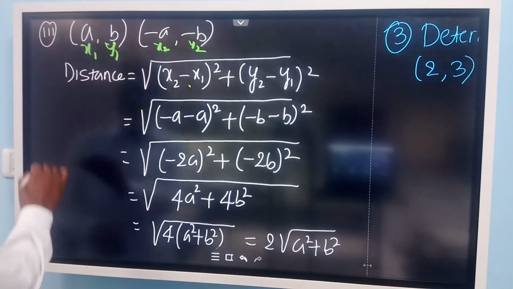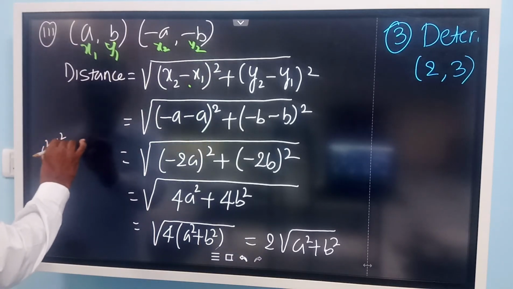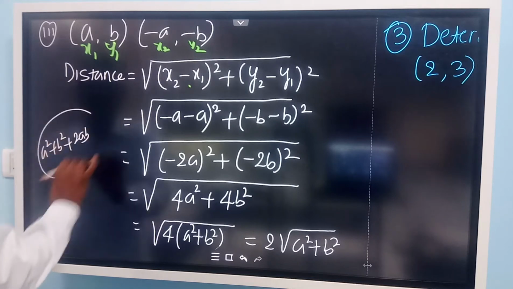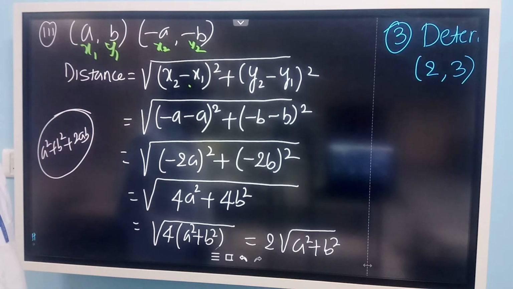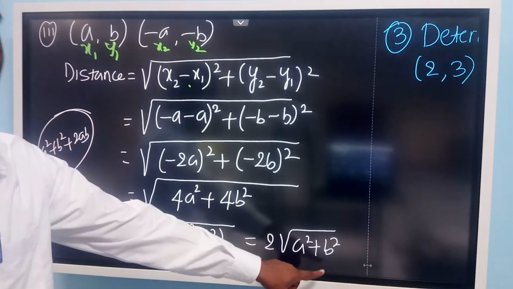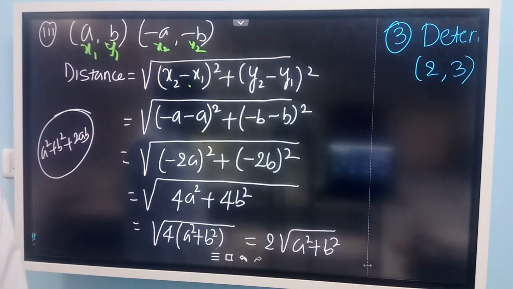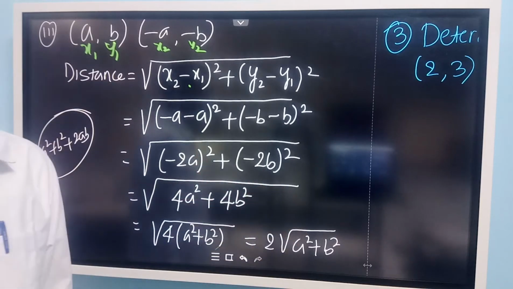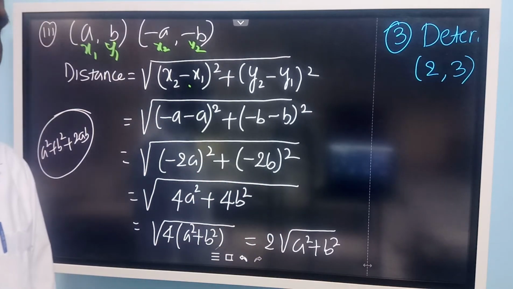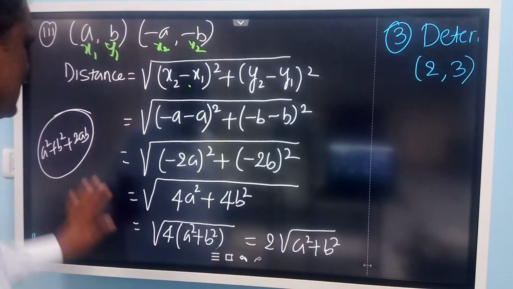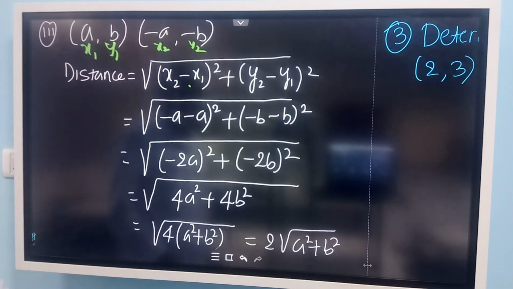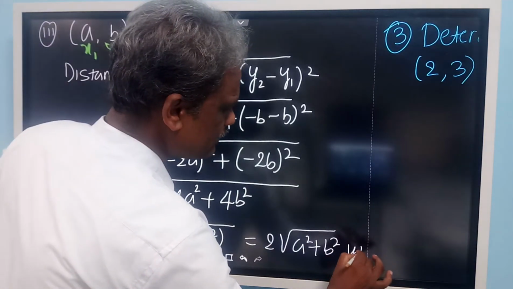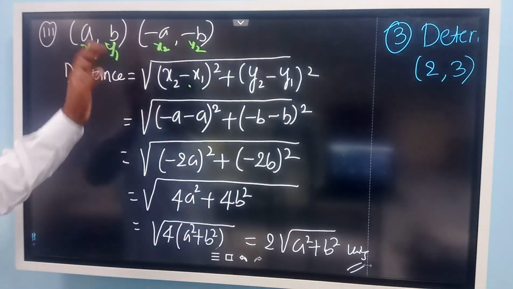What is a perfect square number? You know that. A square plus b square plus 2ab is there, then it is perfect square, because you can write a plus b whole square. This is not a perfect square. A square plus b square, it is incomplete. So plus 2ab is there, then it becomes perfect square number, a plus b whole square. So therefore you write as it is in the square root only. So this much units. Okay, this is the distance between these 2 points.